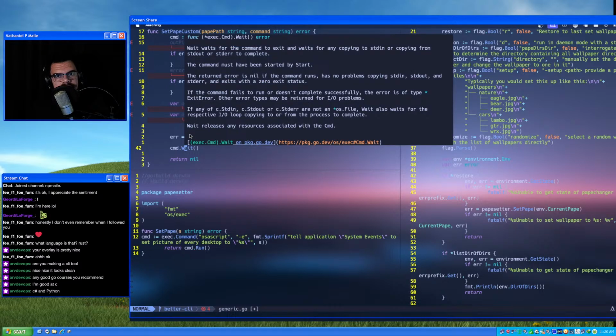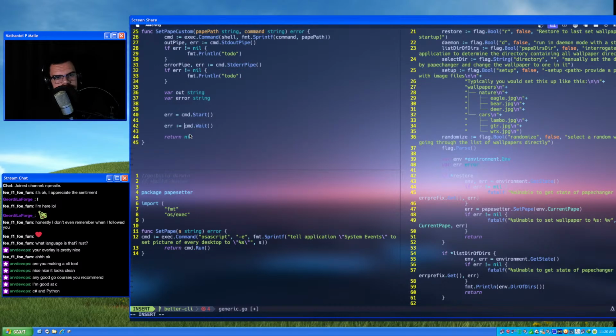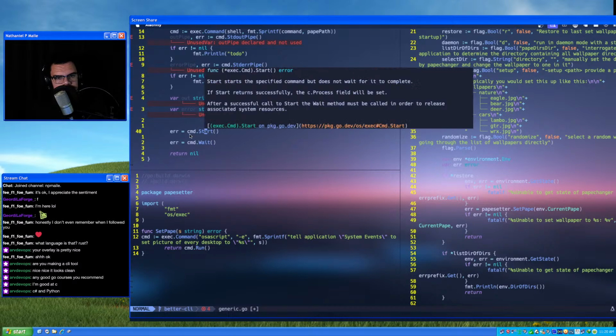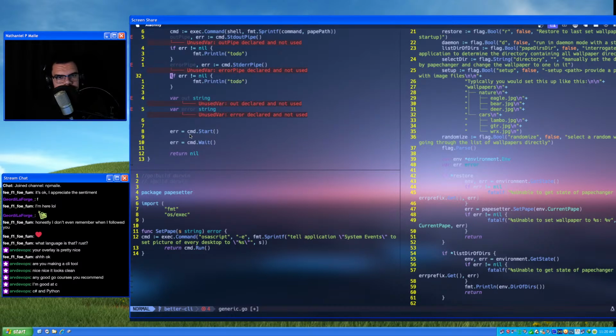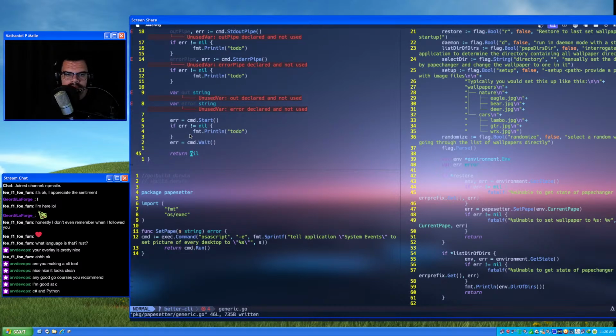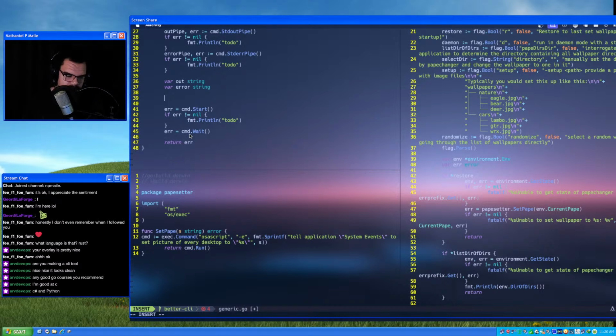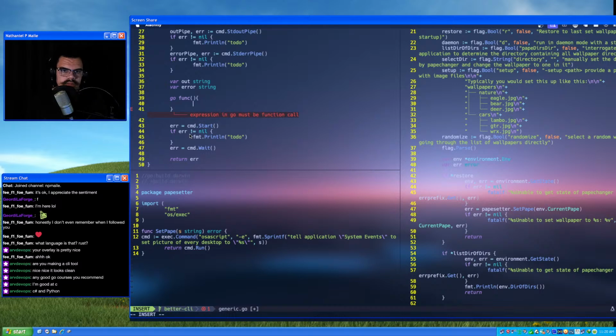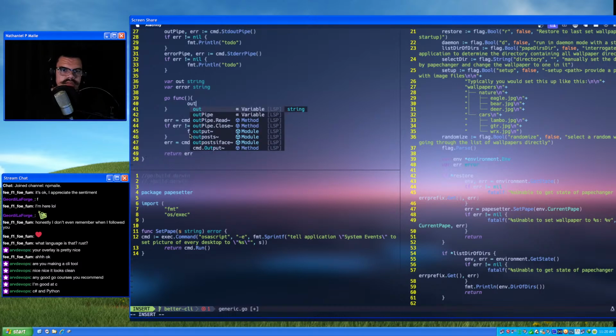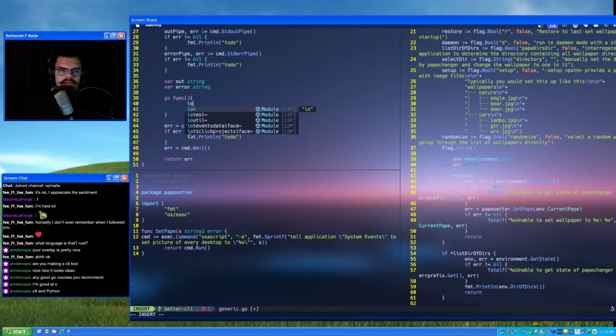First of all, let's start. So we'll probably want to do a go function to copy the stuff out of the out pipe and the err pipe. Go func, outPipe.Read, io.ReadAll.